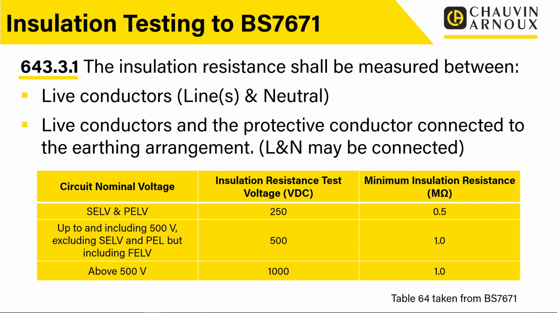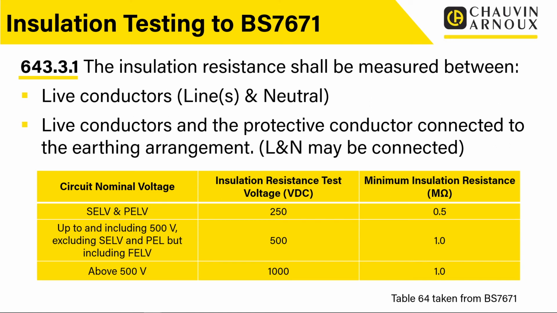So we can't, like we used to do, we would have checked a cable and we would have checked between the live conductors and we would have checked the live conductors to the protective conductor. But that protective conductor might have just been floating. It wasn't necessarily connected to the general mass of Earth. It wasn't necessarily connected to the earthing arrangement at the time of test. So you might say, well, what's wrong with that? Does that really matter? Well, it does matter,